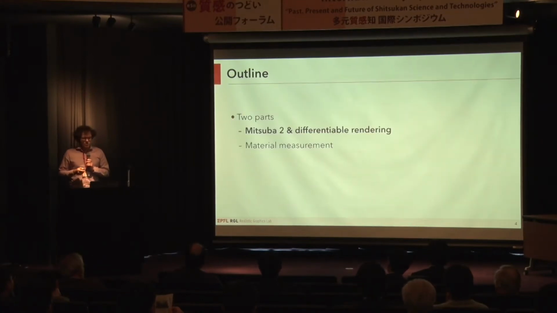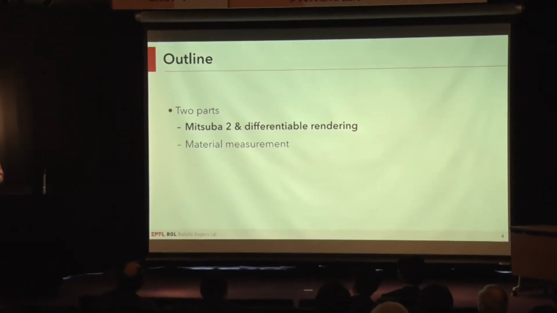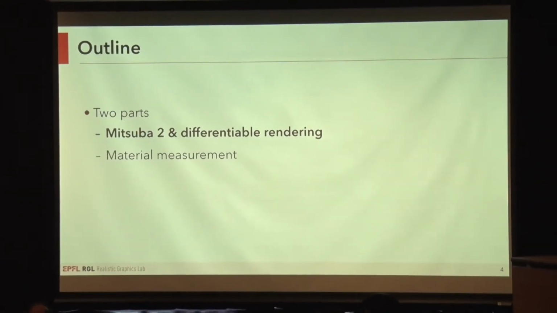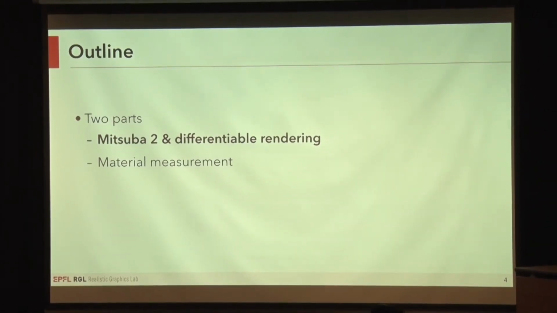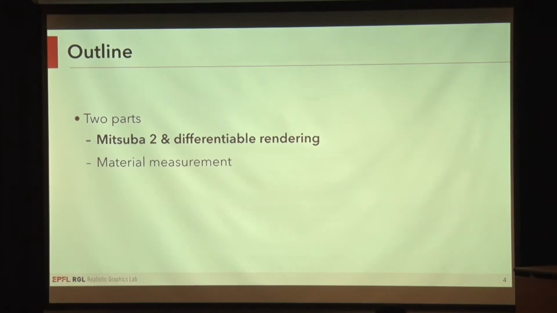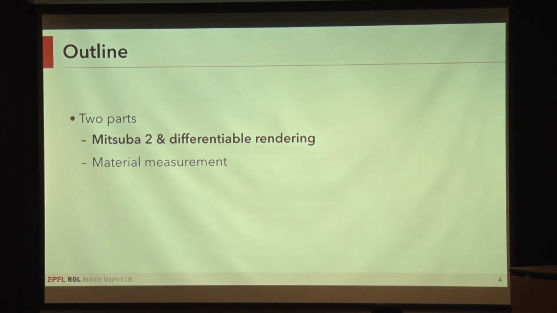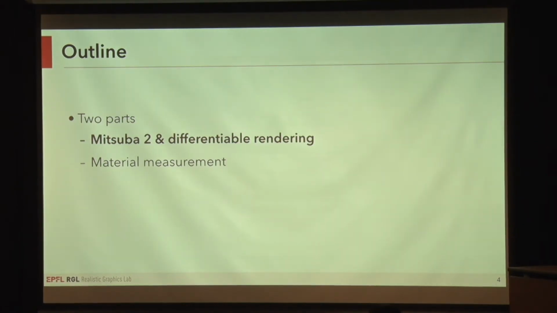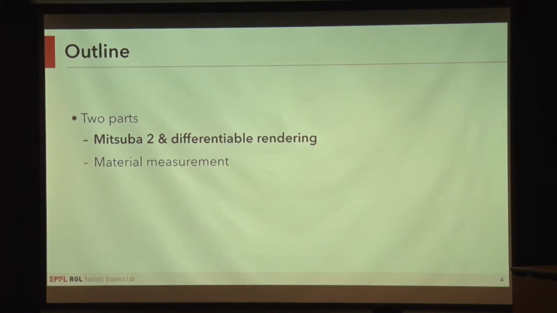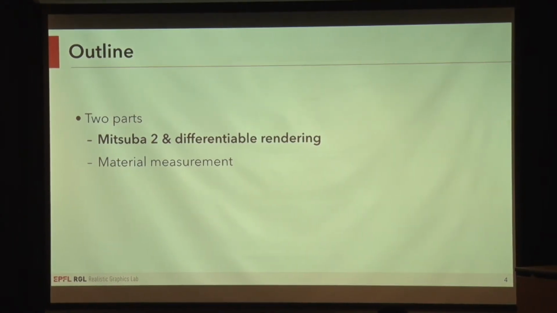And I'll talk about two things today that are things that we've been recently working on. And one is a new generation of rendering framework that we call Mitsuba 2. And then in the second part, I'll talk about material measurement, because I think that's potentially also interesting to this audience. So first, to set the stage a little bit, what are the kinds of things that we're interested in